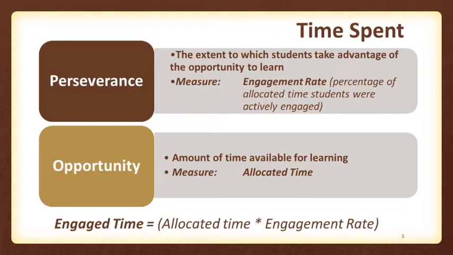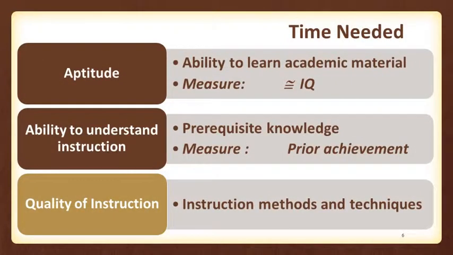The second is an environmental variable, opportunity, or the amount of time that's available for learning. We measure it by allocated time, so that engaged time becomes allocated time times the engaged rate. We can understand the numerator in the function, the time needed to learn, breaking it down into 3 of the